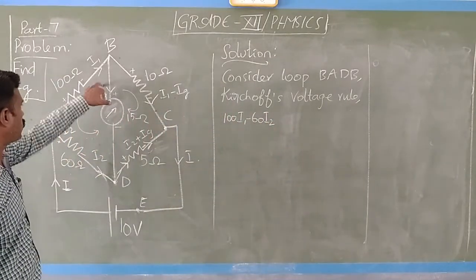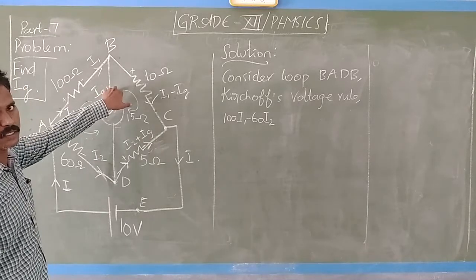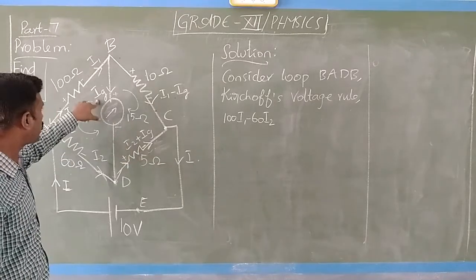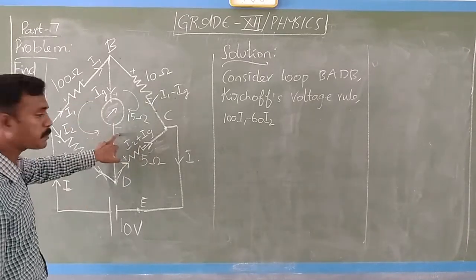Then here what is the drop? Negative to positive is increase. So what is the resistance? 15 ohm in the galvanometer. Current is that is plus. Here the plus is